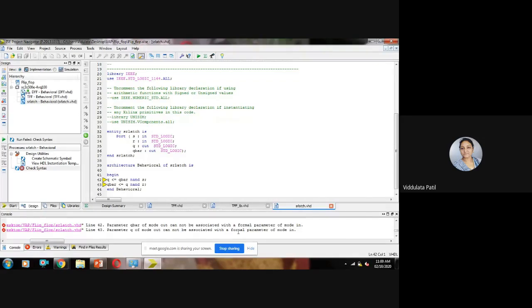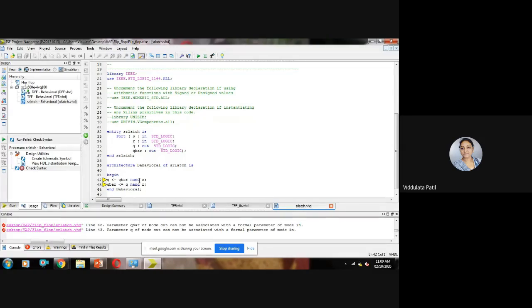What is the meaning of this? Q and Q bar that we have declared as output ports, but in this expression we are using them as input ports, because when we execute this instruction we take Q bar as an input, and in the other expression Q bar is assigned as Q NAND R, so we take Q as an input.